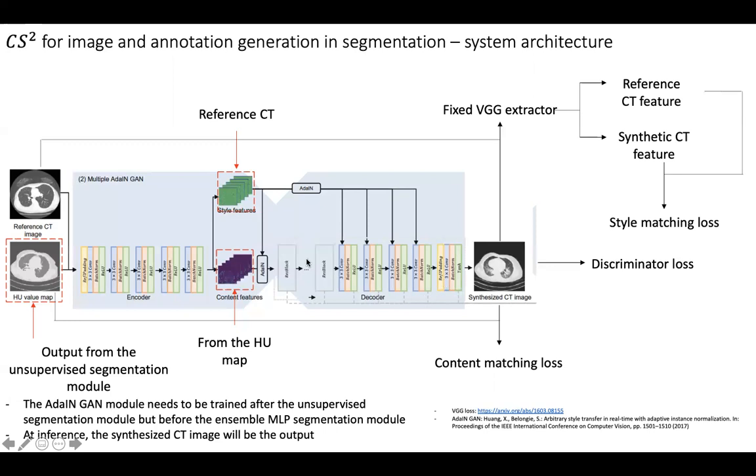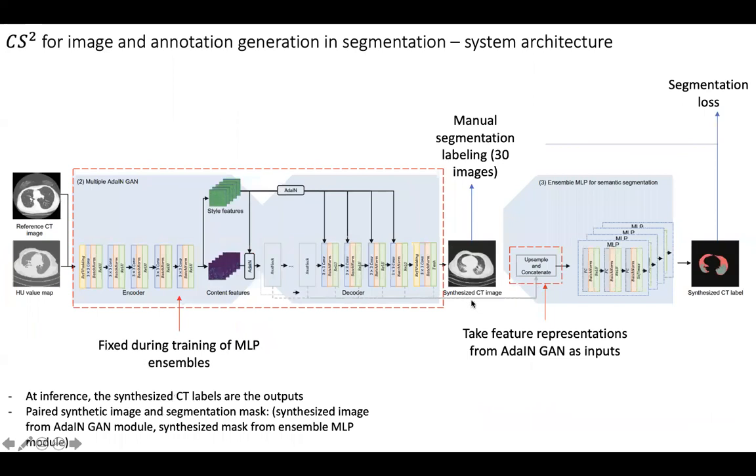So what's the image synthesization model? Basically the synthesized model is a trend that we can then consider for the training of the mask generation model. To do that, we need first to get some labels for these synthesized CT images. So in this paper, the authors used 30 such labels for the synthesized images. And those paired synthesized images and their corresponding labels will be used to train this